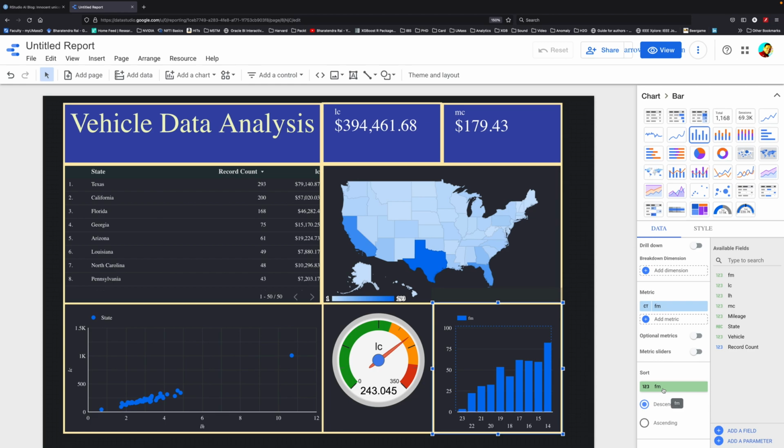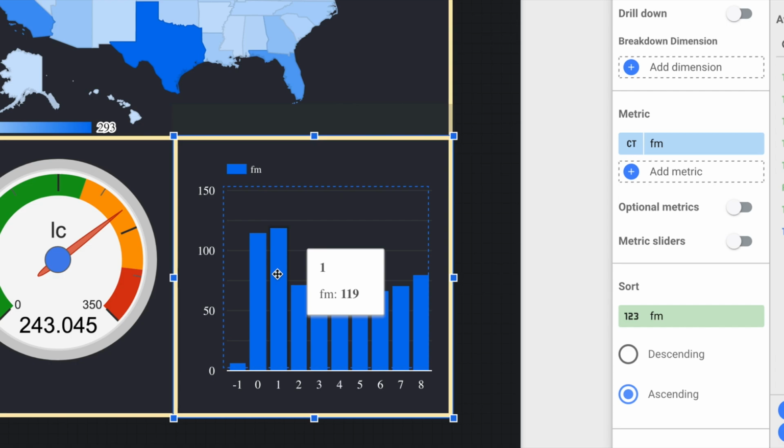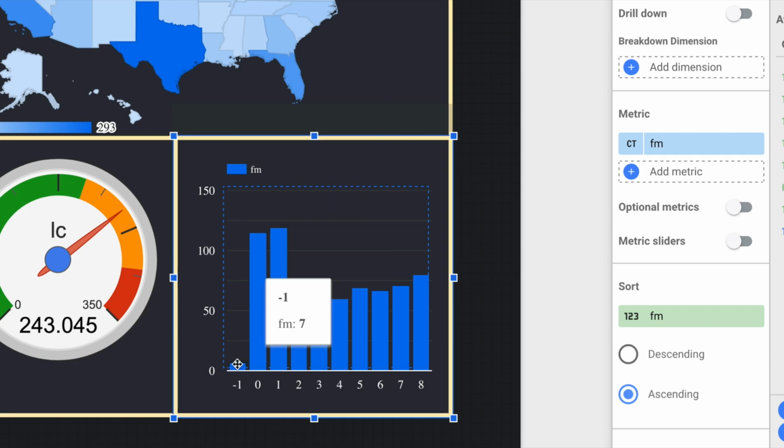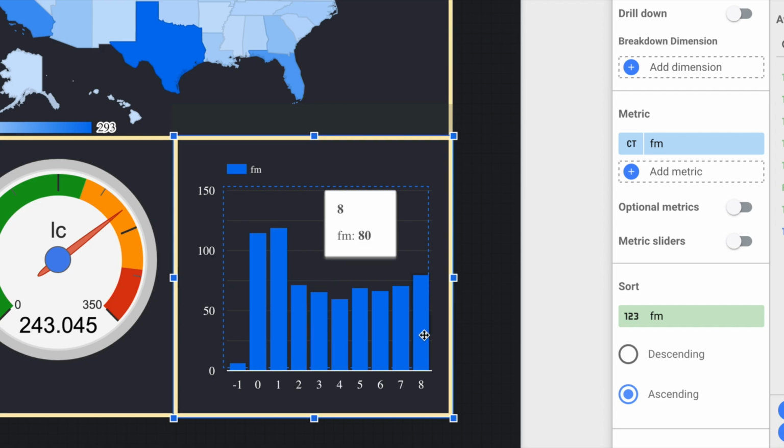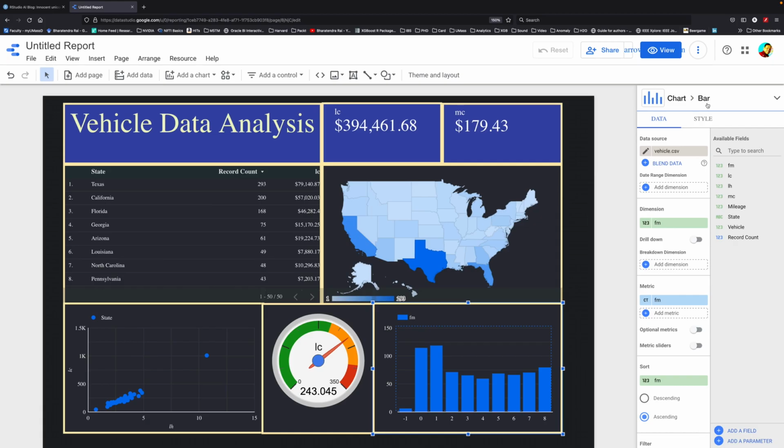So we want to sort based on failure month and we want to do it in ascending order. So 0, 1, 2, 3, 4 and so on. So this means y-axis is number of failures in month 0, which means even before completing 1 month in service, a new car failed. And then you have like 119. So 119 vehicles failed after completing 1 month in service and so on. We also have -1. -1 means that car failure was noticed before the car was sold. So at the dealership itself, there was a failure. There are more months which are not visible.